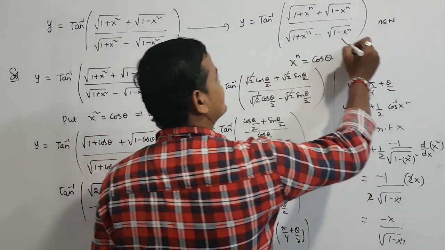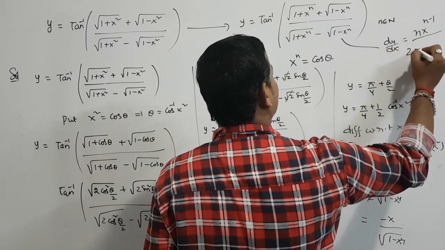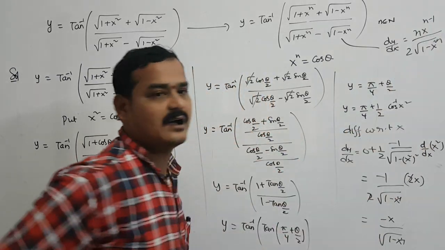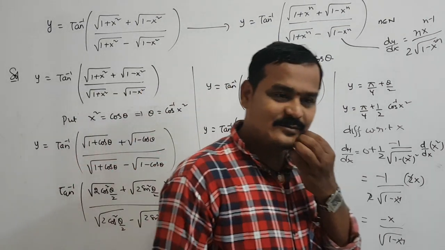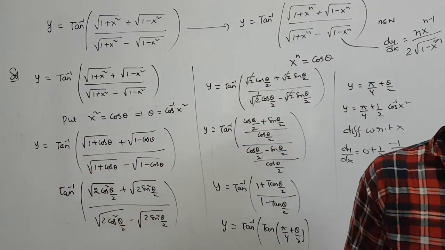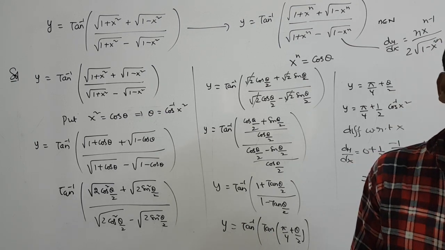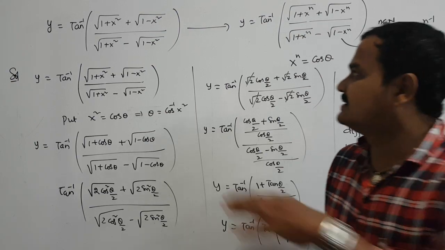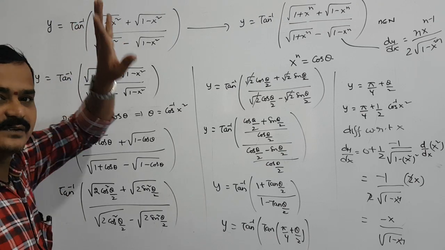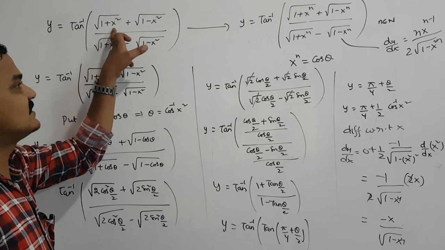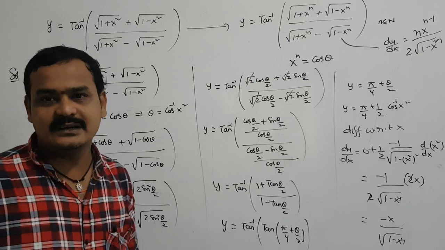So what is the answer here? Directly, d by dx is n into x to the power of n minus 1 by 2 into root over 1 minus x power of 2n. This is a very important question for competitive exams, CBSE, CHSE and ICSE. Everywhere this is a very important question, because it can be converted into a finite number of variations. See, here plus minus, minus plus, you can change both. Otherwise, in the place of x square you can put x, and one question comes. If you put x cube in the place of x square, another question will come. Like that, a lot of questions can be derived.